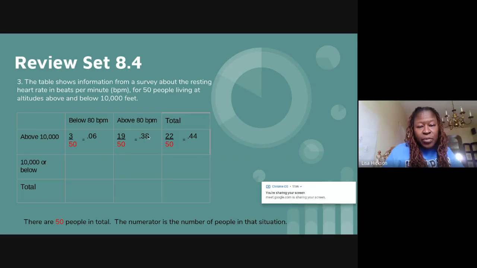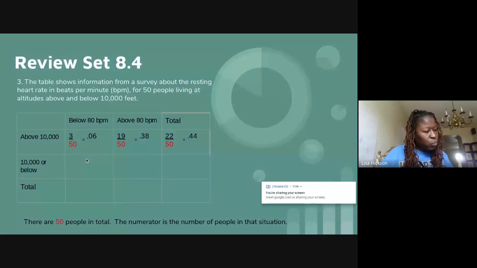%6 and 38% will give you 44%. Okay, so with that said, for the people whose heart rate is below 80 beats per minute, but they live at 10,000 feet or below,